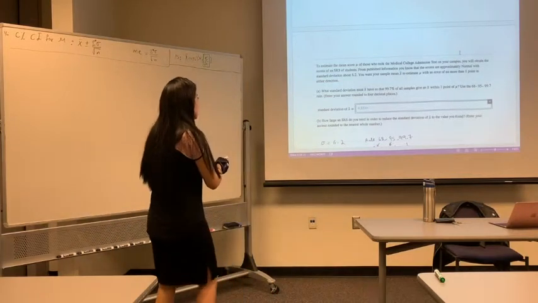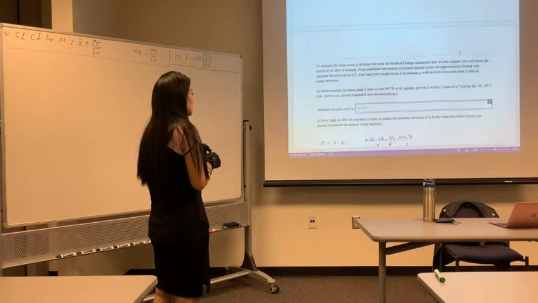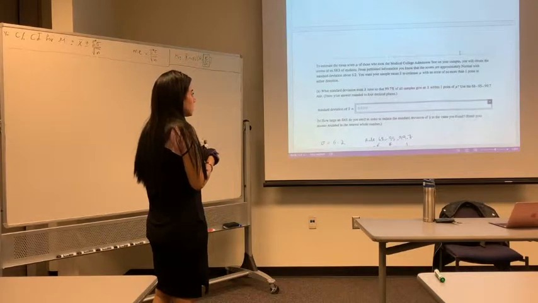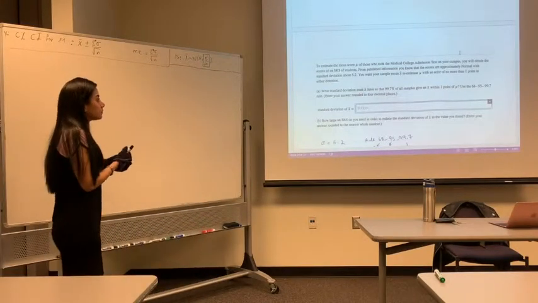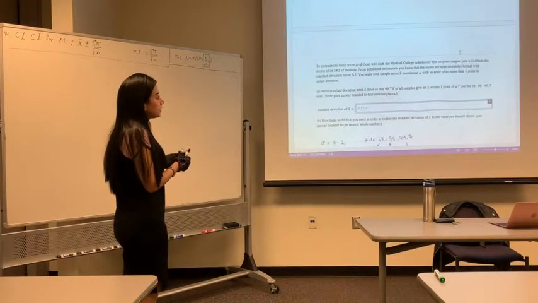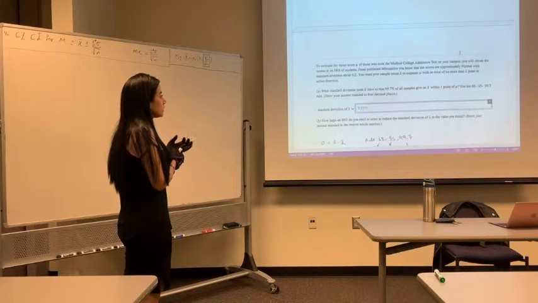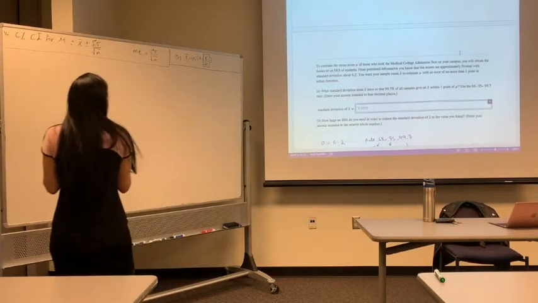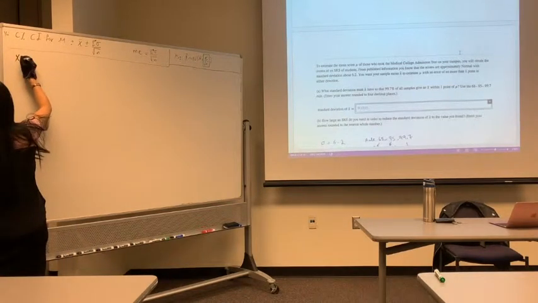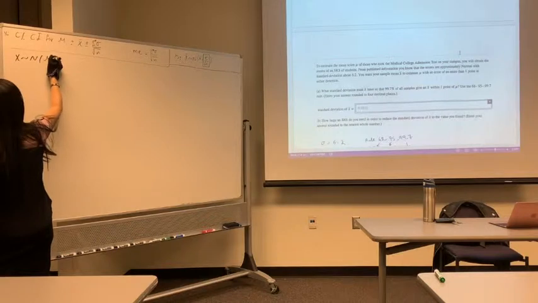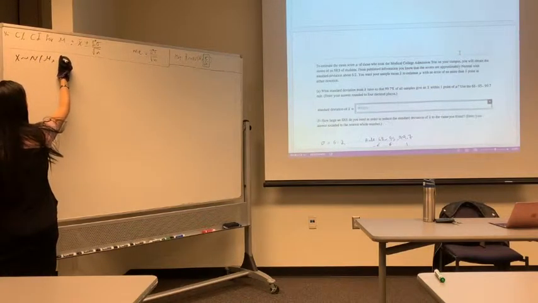It says to estimate the mean score, mu, of those who took the medical college admission test on your campus, you will obtain the scores of an SRS of students. From published information, you know that the scores are approximately normal with a standard deviation of 6.2. So we have information about the population, but we don't have the mean. We have sigma,